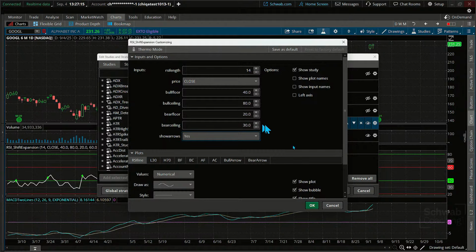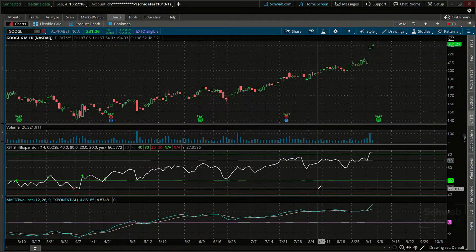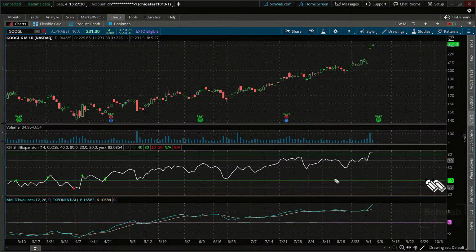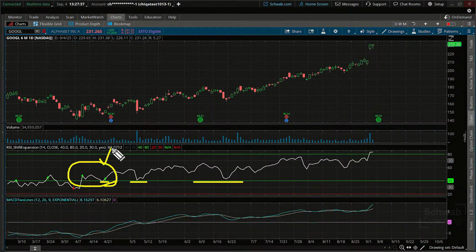So there's our bear ceiling at 30. Watch this. Okay, it put our line down here at 30. You notice you don't get anything else popping up. What else do you get? You don't see any red arrows. Why? Because we haven't gotten below. I mean, we could have set it at 40. We haven't gotten anything below that 30. Trend is up. A lot of times that spike will come off the bottom, but it's not too unusual. This has been a very strong run, of course, but we got close to the 40 here. Could we change that to 45 based upon the history of the stock? Easily. We know how to do that.